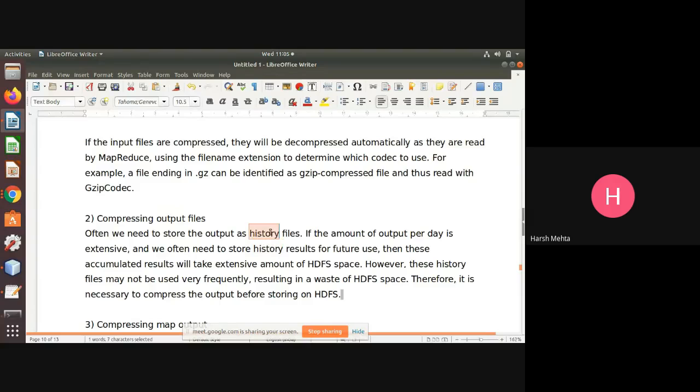Once again, some history files: files that we need to put in an archive folder after analysis. At that time also we can compress it and put it in a file.